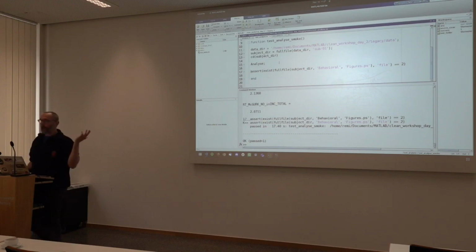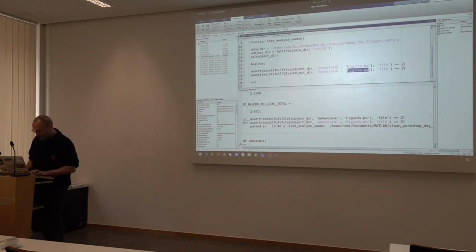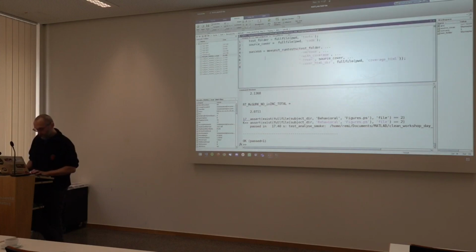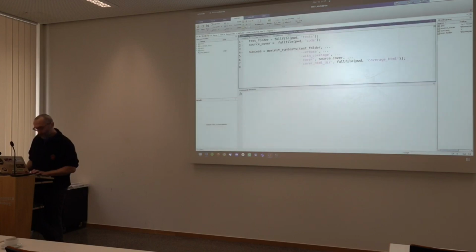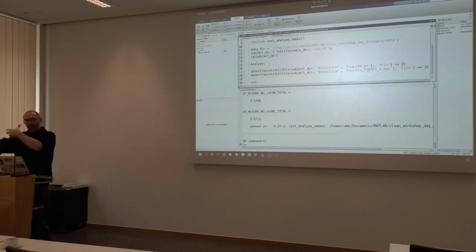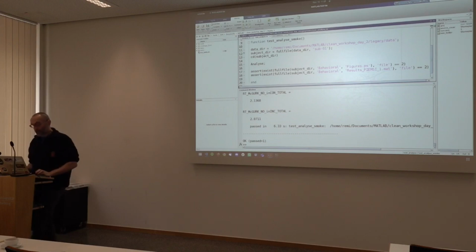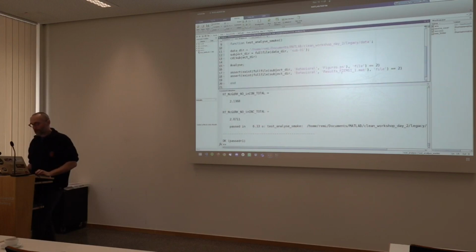So okay, we are starting to test the behavior of the function. It is creating figures. Cool. The other thing that it was creating was this results file, so we can also check that this exists. Hopefully this should run as well. We should be good. And while this is happening, I can already tell you that something you want to do with your test is that if your test creates some files, you want to delete them afterwards, right? So for example, when we run this test, we actually are creating this figure file and this mat file.